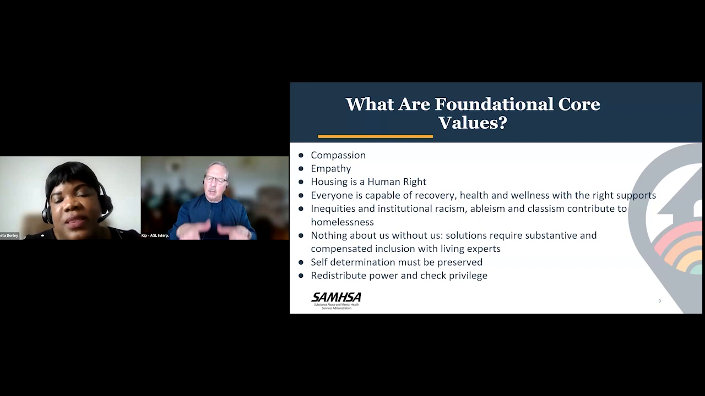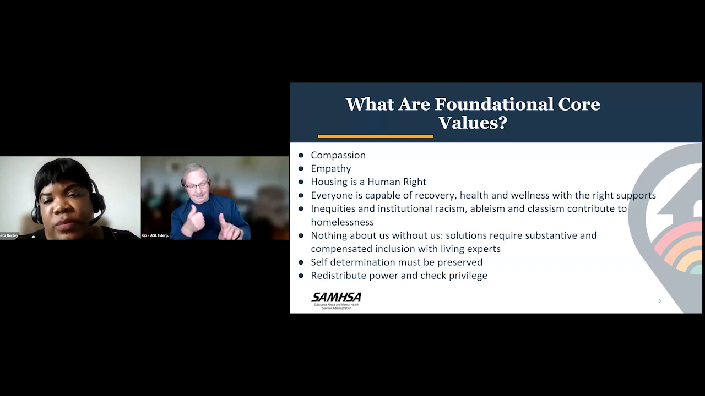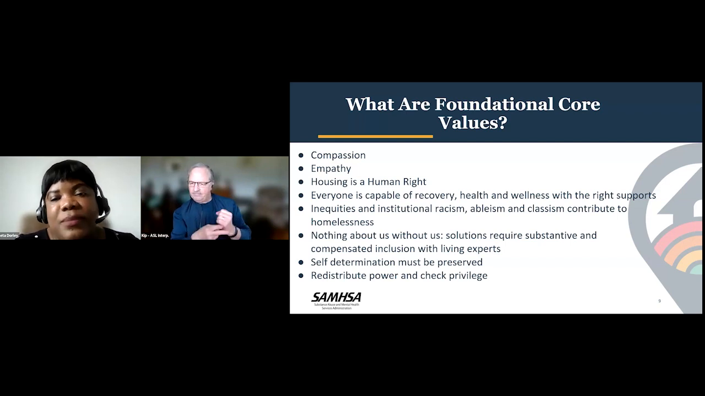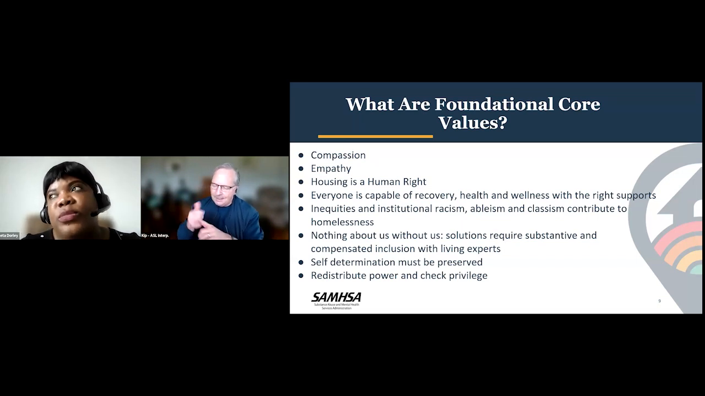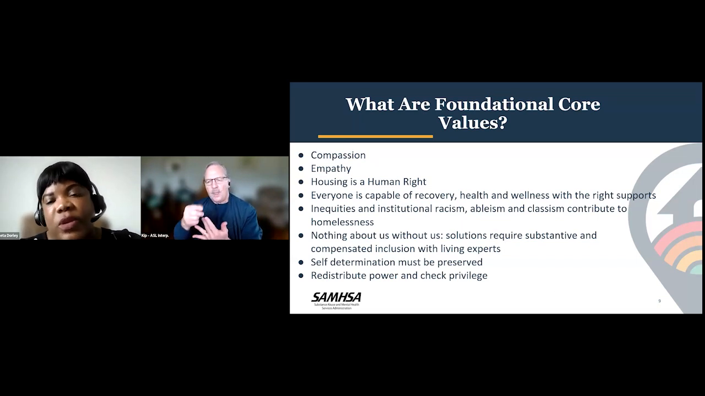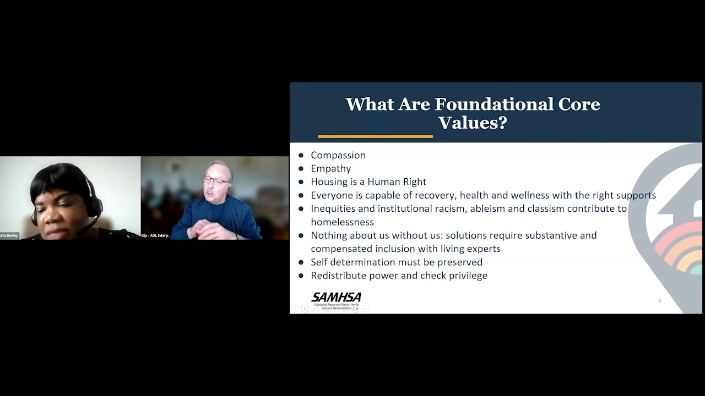Another foundational element, self-determination, must be preserved, meaning that a community member who enters into a program does not signal their right that they should lose their independence. It's important to foster and nurture their self-determination for them to go through this journey of recovery and wellness at their own pace. It's also important as a value to ensure within your organization and or community that there's